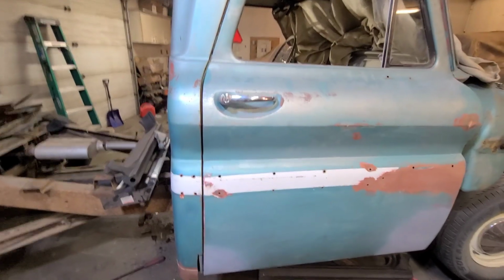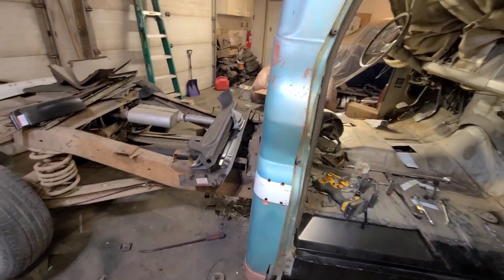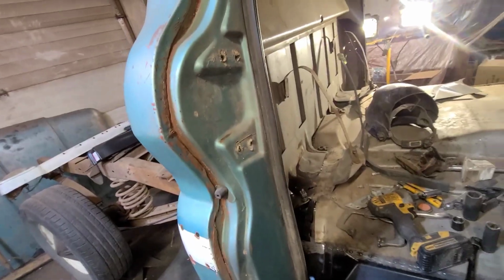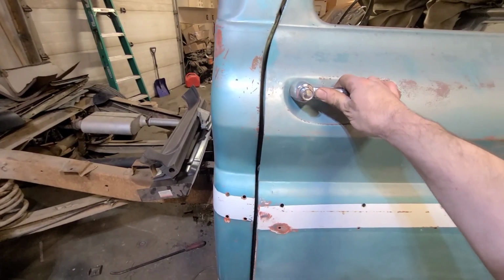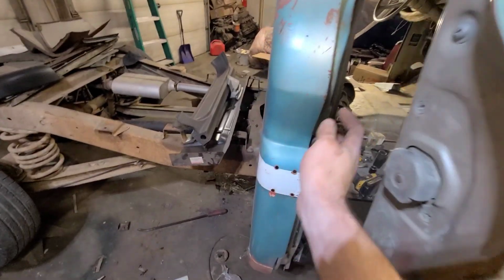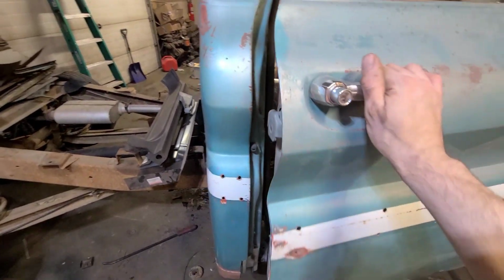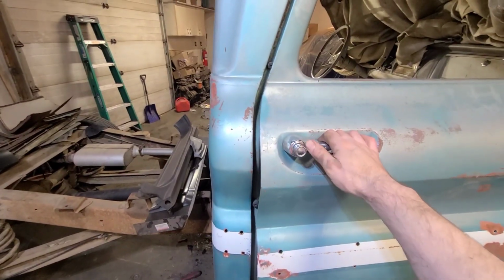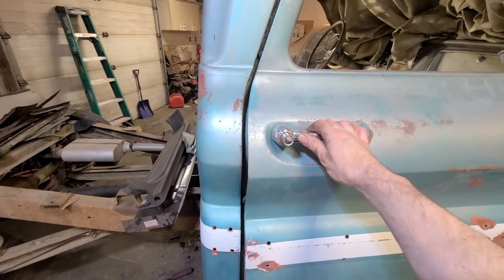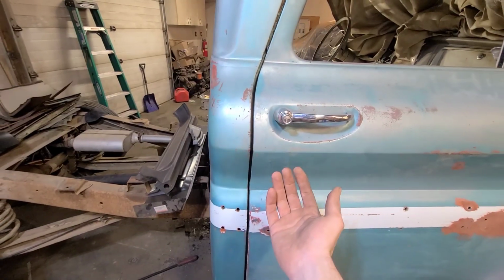I don't know if anybody's paying attention before. I know I wasn't, but anyways, we took the striker plate out. Can you hear that rubbing sound? That's this rubbing on the door jamb here, and it's been doing that for quite a while. But anyways, now that we took the striker out, it's even worse, which means that the striker was actually pulling